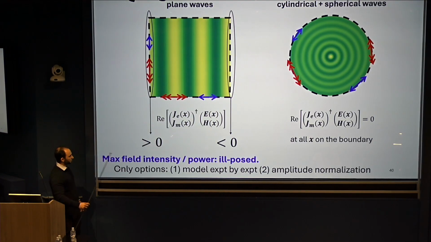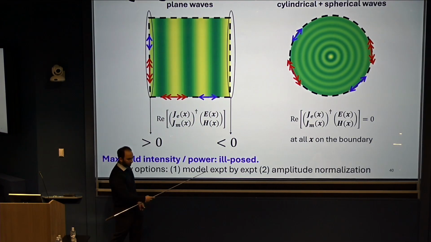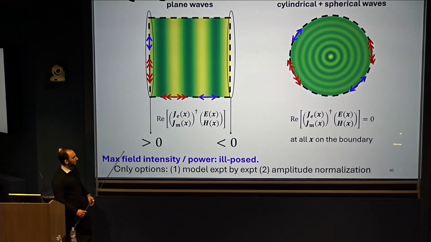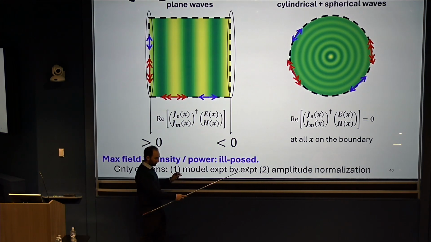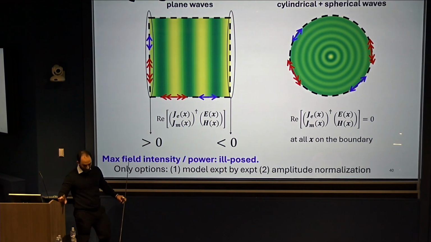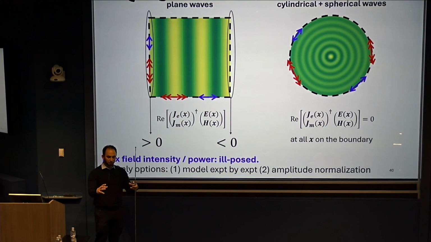The only real answers we have are, one, to try to model in the physical experimental system how power is generated. Or two, you switch away from power normalizations and go to amplitude normalizations. And this actually is the correct resolution of the discrepancy between Shepard and Garcia de Abajo, is that Shepard was doing the calculation in vector spherical waves. He was essentially assuming incoherence in the basis of vector spherical waves.